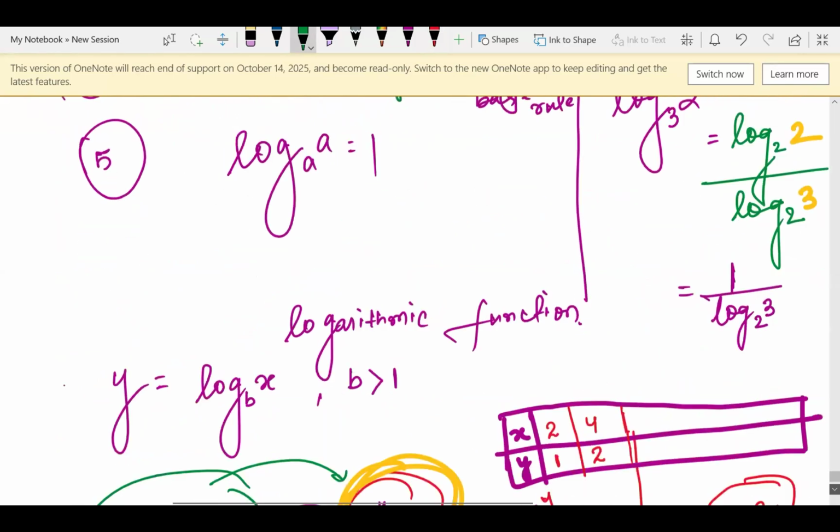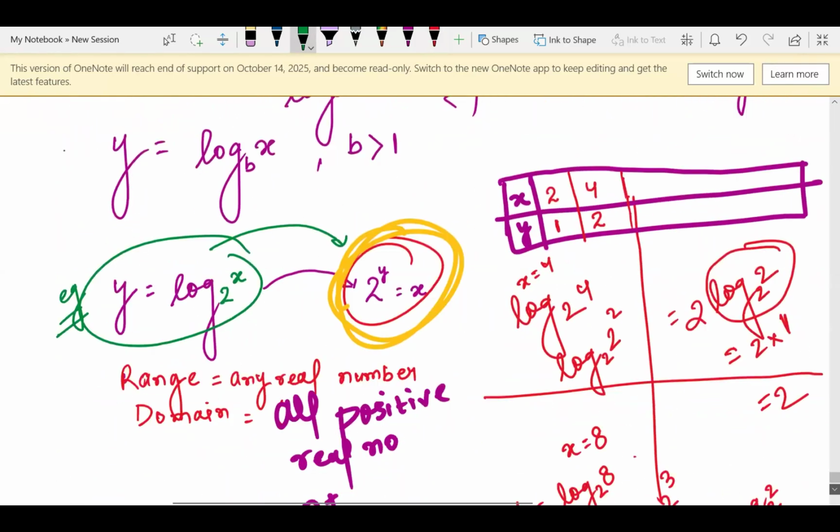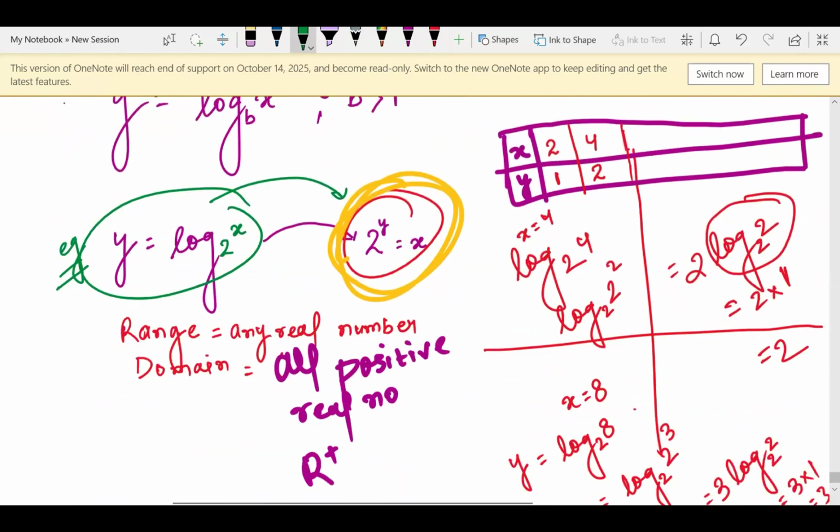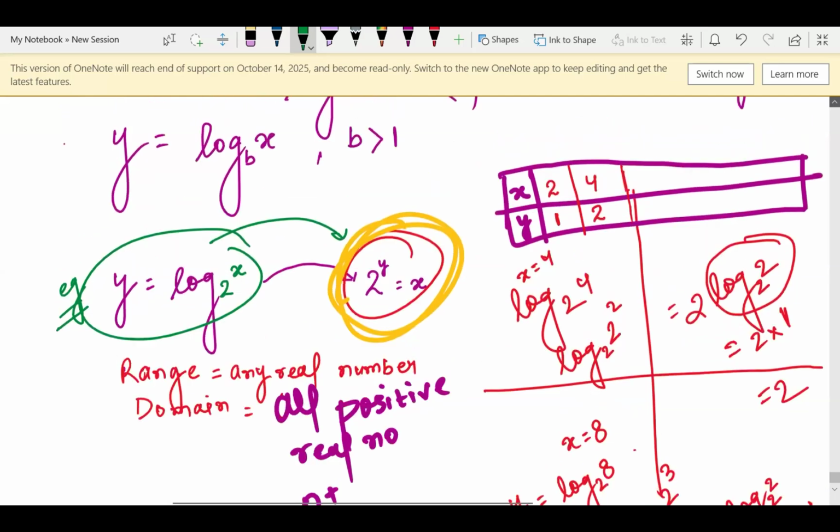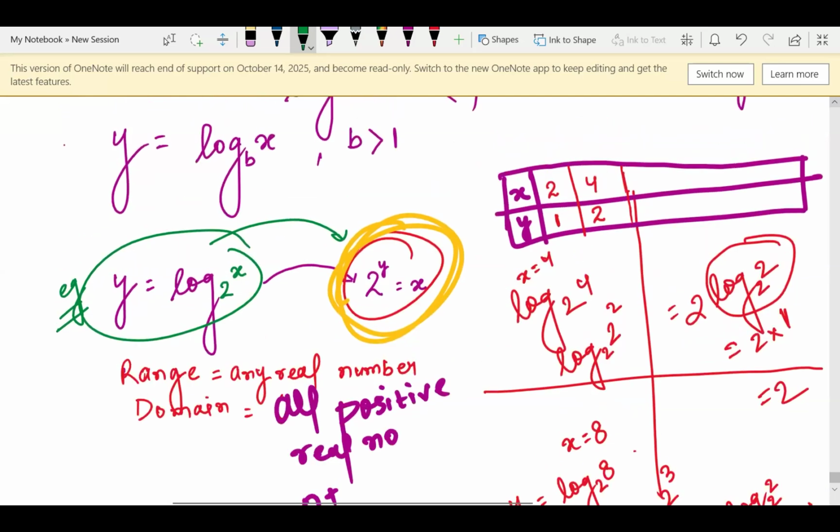Do we always have to bring the power in front? If we are trying to simplify the logarithm, yes. Taking the power in front will help us with the simplification. When I took x as 8, my y came out as just 3. Making sense? Yes. When I take x as 1 by 2,